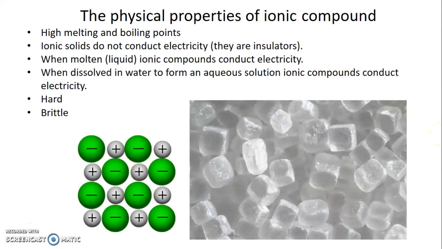Okay, today we're going to talk about the physical properties of ionic compounds, and what we've learnt about the structure of these ionic compounds is going to help us understand why they have these properties. Now, if you remember, as an atom takes on an electron, it becomes a negative anion. It gains a negative charge, and as it loses an electron, it